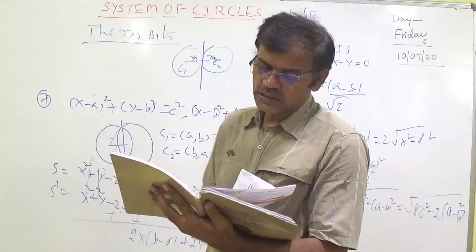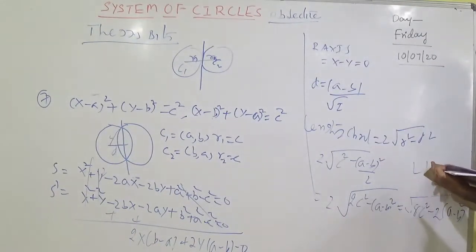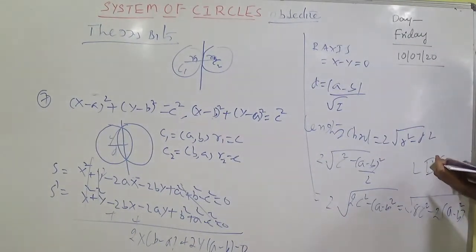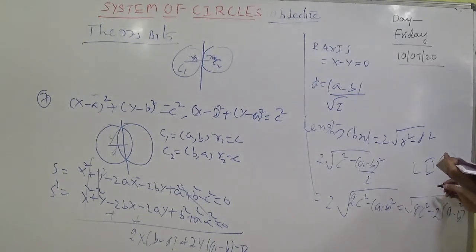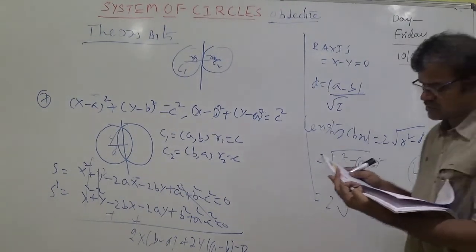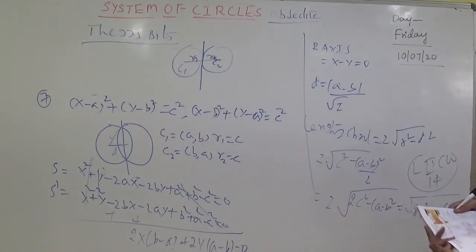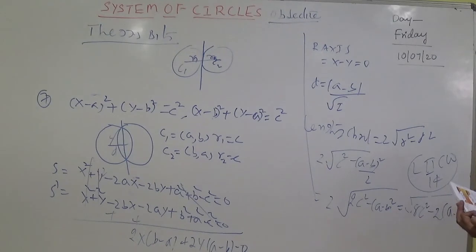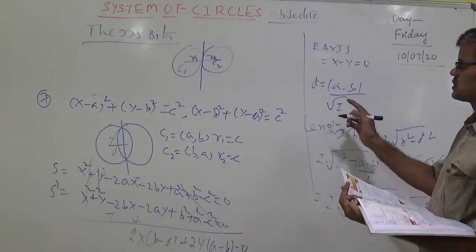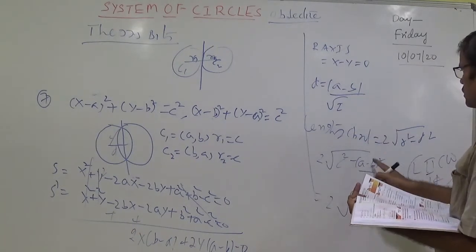Students, it depends upon the same concept. Here the question is level 2 classwork, 14th question, same question. Here also the option is given as first option, 4c square minus 2 into a minus b whole square. Let us verify once. 2 root r square minus d square. What is r square? C square minus d square, which means a minus b whole square by root 2 whole square is 2.